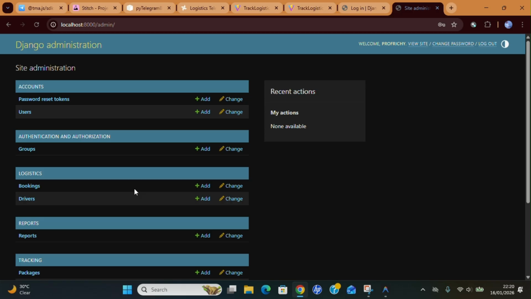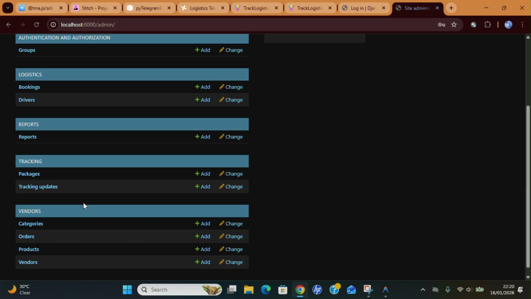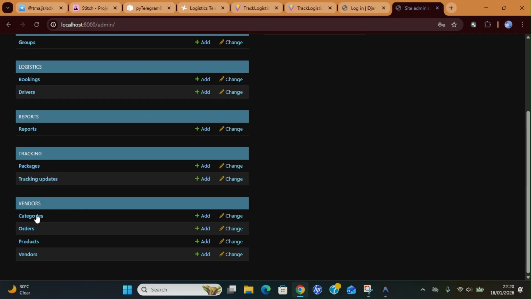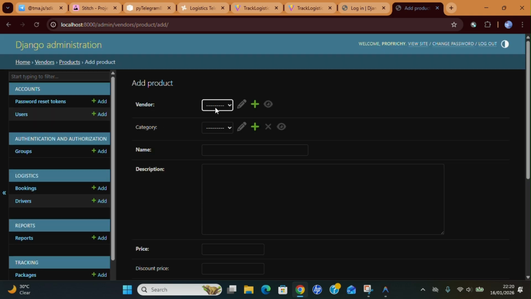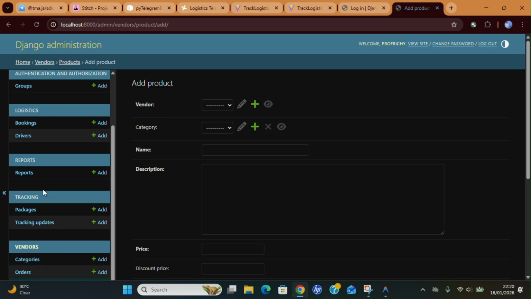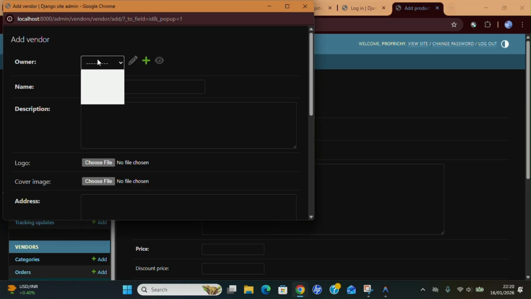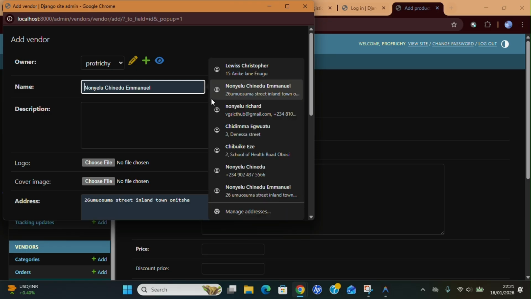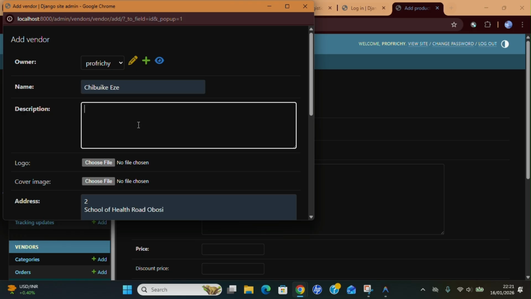So let's see. First things first, let's look for vendors, or rather, let's create products first. We don't have any vendor right now, but we can actually create vendors. To create a vendor, I can simply click here and say that Prof Rishi is a vendor, and the name is going to be, let's say, Shibikeze, and we can put up some